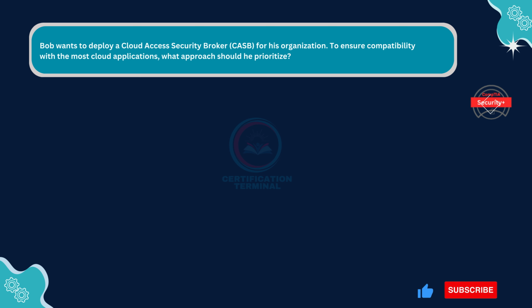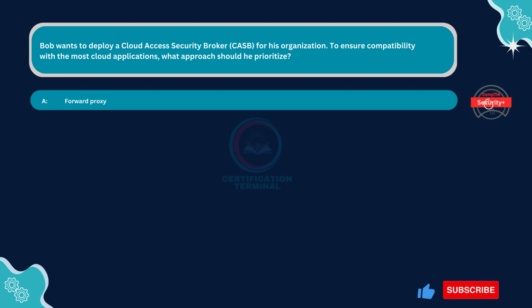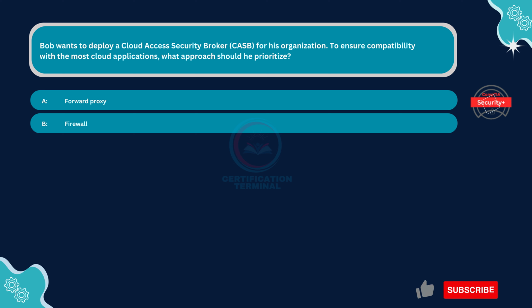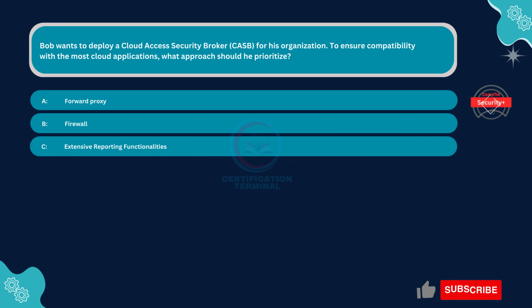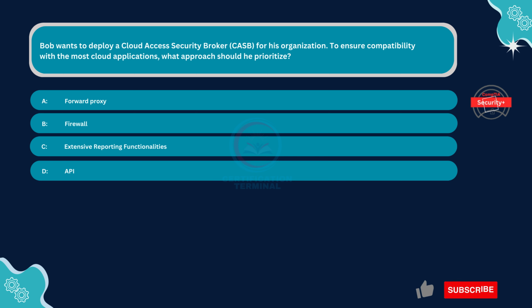Next question. Bob wants to deploy a Cloud Access Security Broker, CASB, for his organization. To ensure compatibility with the most cloud applications, what approach should he prioritize? Option A, Forward Proxy. Option B, Firewall. Option C, Extensive Reporting Functionalities. Option D, API. The correct answer is